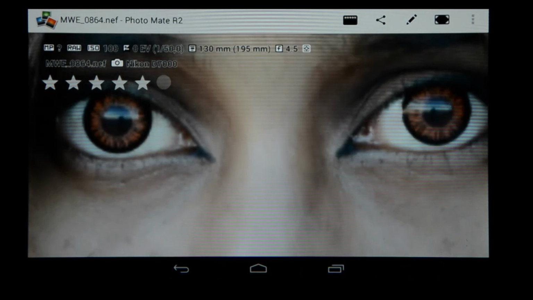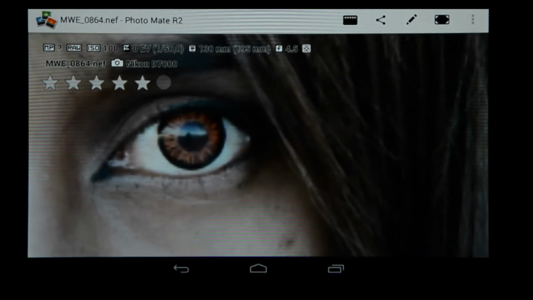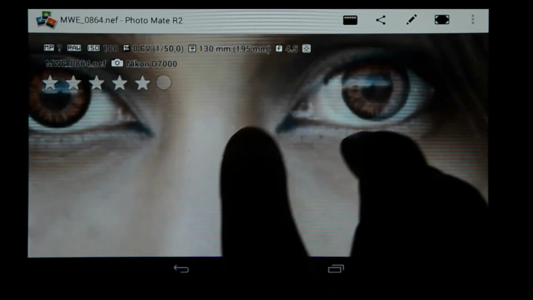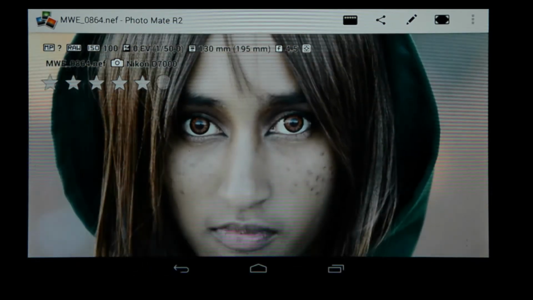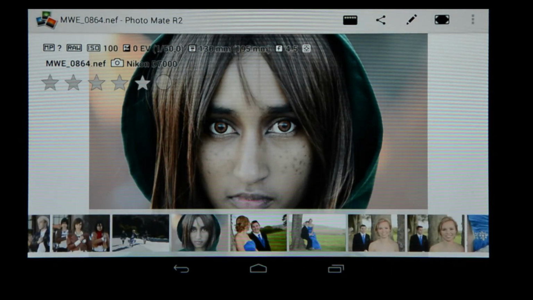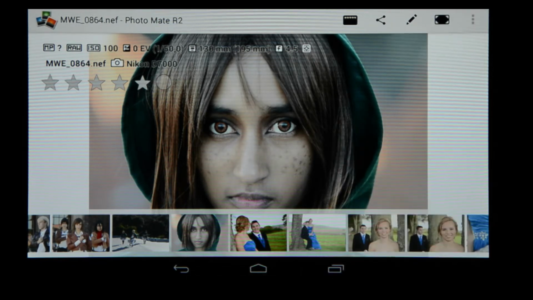closer view, and you'll notice within a second the image is showing in high resolution and it updates very quickly and also browses very smoothly. If I double tap again, it takes me back to this view. Single tap brings in the film strip again, and I can also go to that icon, choose compare image, and